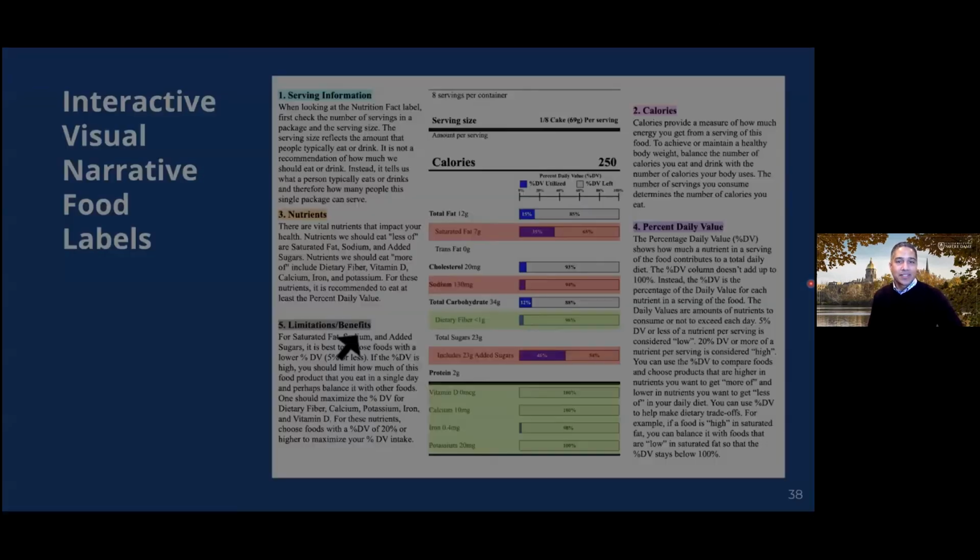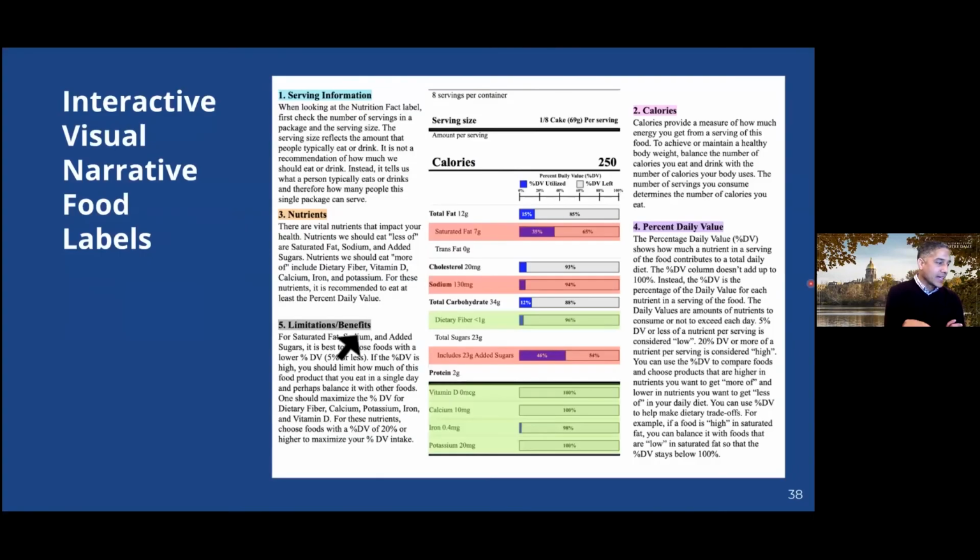As an example here, we're looking at interactive visual narrative food labels. We're moving into the digital environment. A lot of shopping is happening online now, and so we don't have to stick with these static food labels anymore. So in this particular study, we're looking at different ways of presenting the label, and here the user might